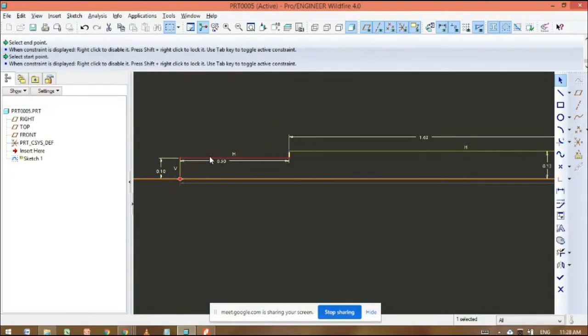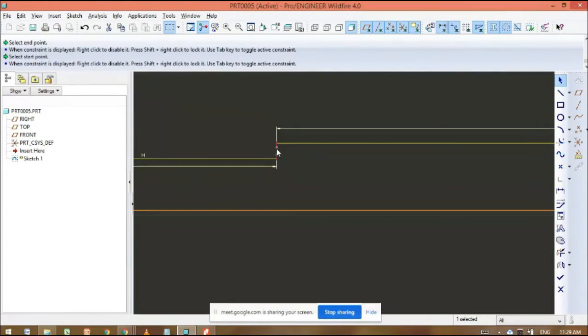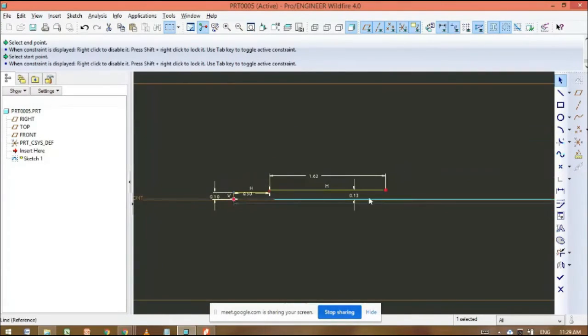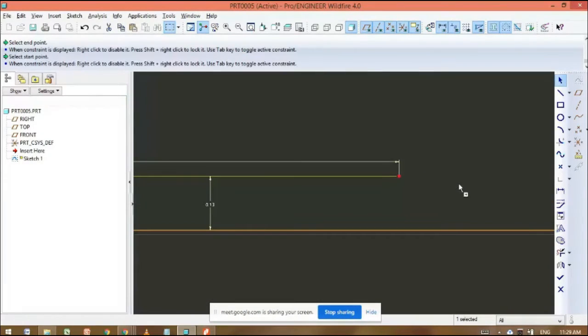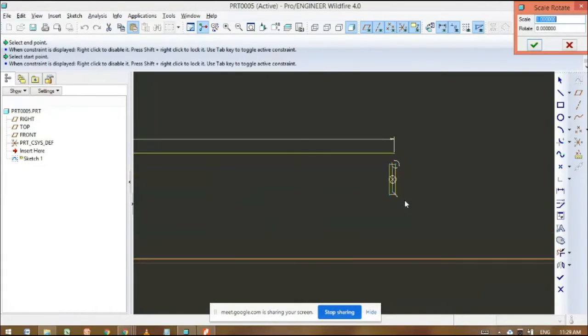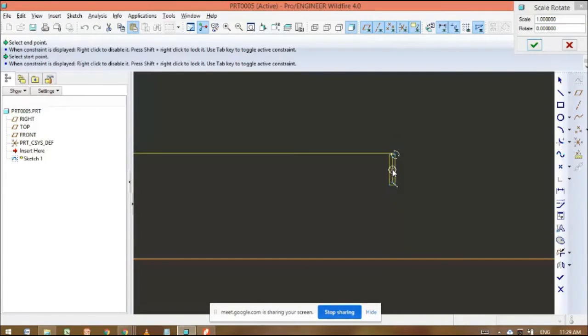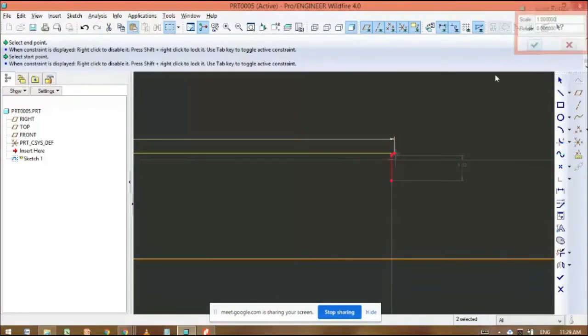So we can copy and paste: Control C for copy and Control V to paste it. We can see this type of arrow. Click here, and we can move this point anywhere. Then click on done.